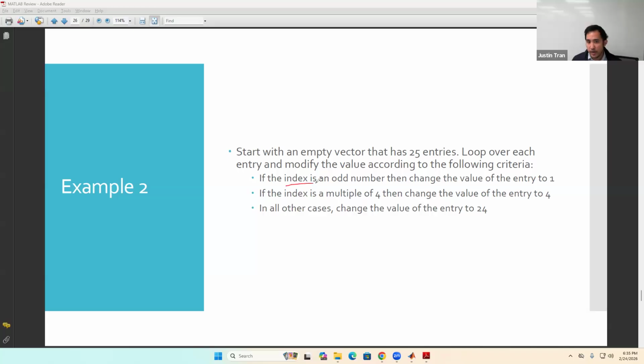If the index for the vector is an odd number, then I want you to set its value equal to 1. If the index is a multiple of 4, then I want you to change the value of the entry to 4. And in all other cases, I want you to change the value of the entry to 24. Okay, so for instance,